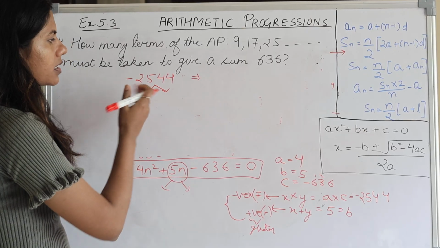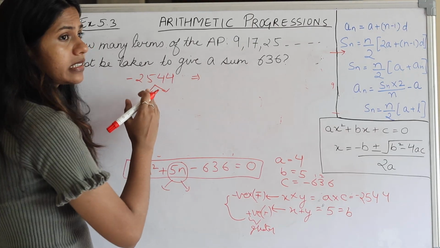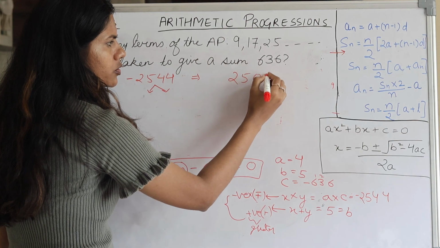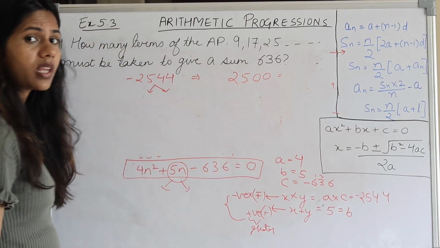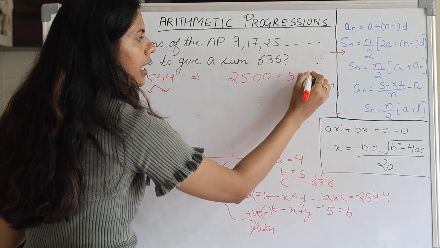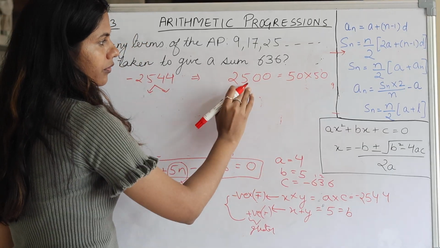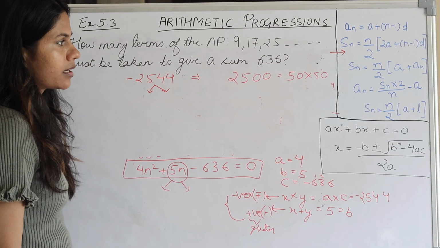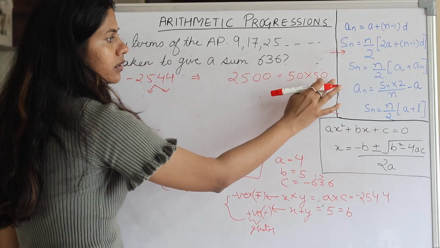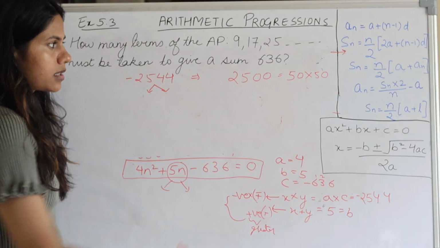So in such cases, what to do? Just think how can we reach this number? There is one number near to it which is 2500. And how is 2500 achieved? By multiplying 50 into 50. Basically, if we take the square root, we will get 50. Fine. So it means this number is somewhere near only. So mostly the factors we will get will be somewhere near here only.